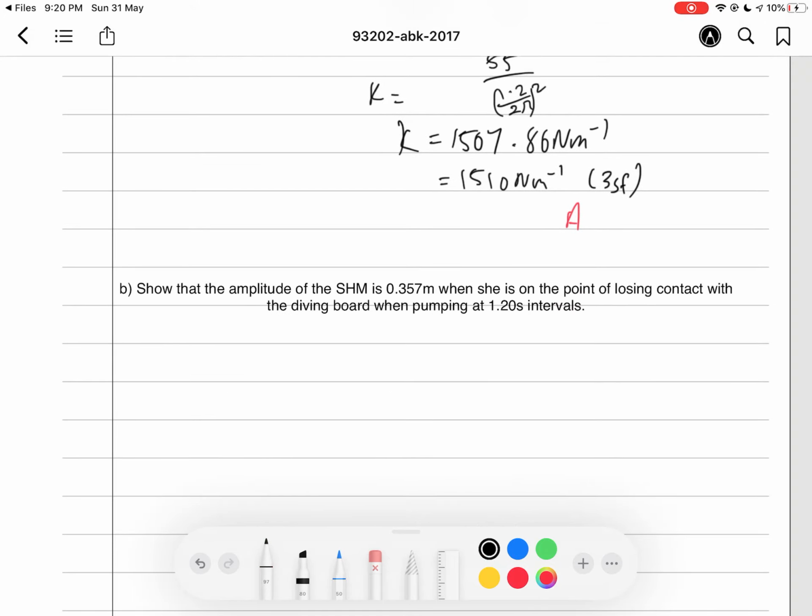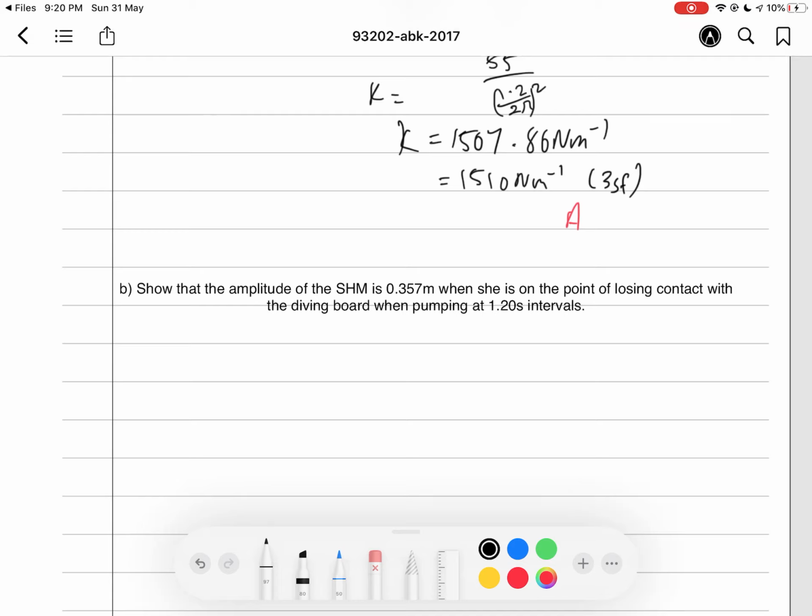Show that the amplitude of the simple harmonic motion is 0.57 meters when she is on the point of losing contact with the diving board when pumping at 1.2 second intervals. In order to ensure that she doesn't lose contact with the diving board, her maximum acceleration must always be below the acceleration of gravity. As soon as her maximum acceleration is greater than the acceleration of gravity downwards, that means that there will be